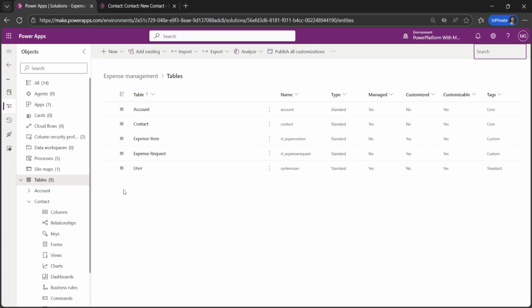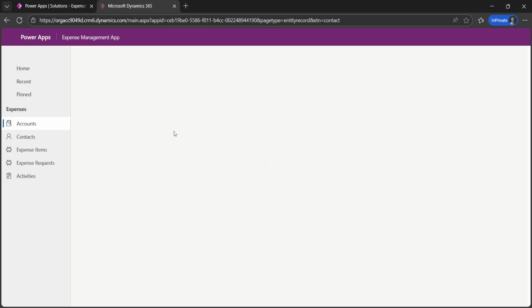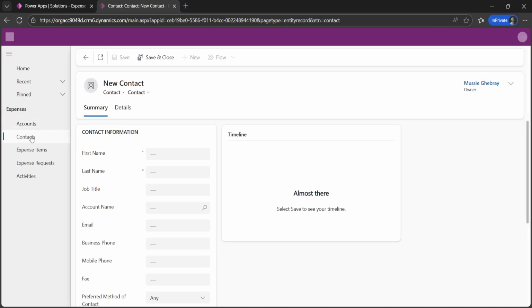So we'll just go there. I'm here in my solution. This is my expense management solution. This is my app, for example. I'll show you what my app looks like. I'm just going to go to the contact form. So here, this is my contact form, right? If I go to details here,